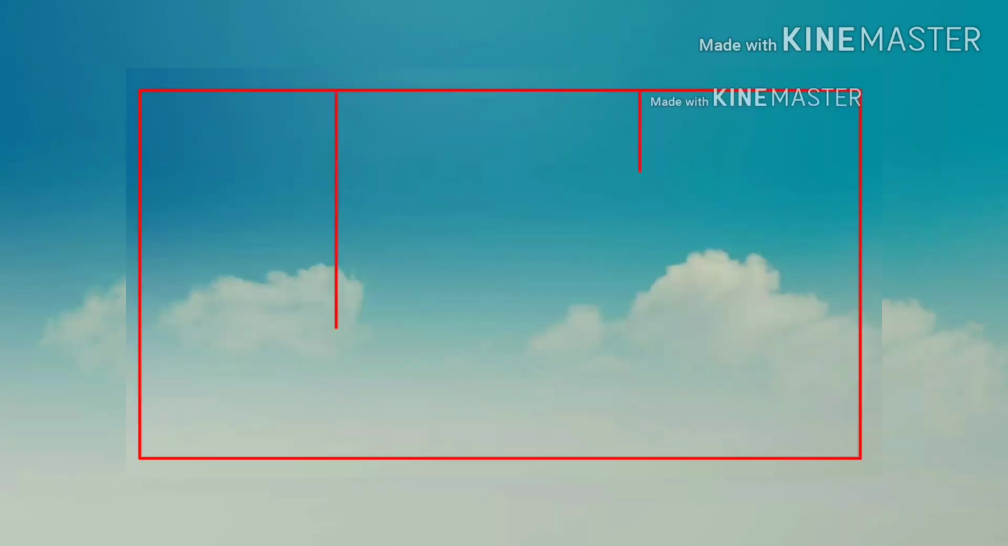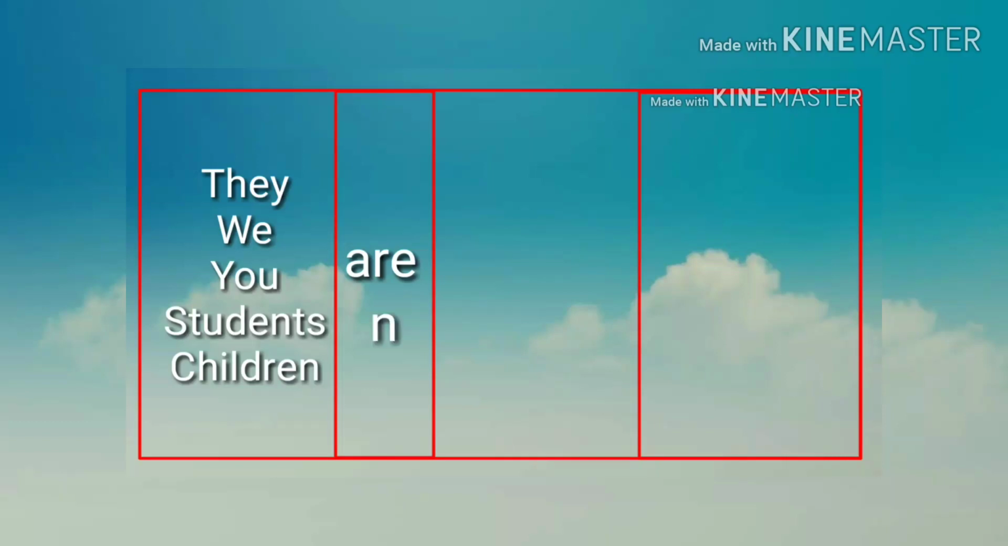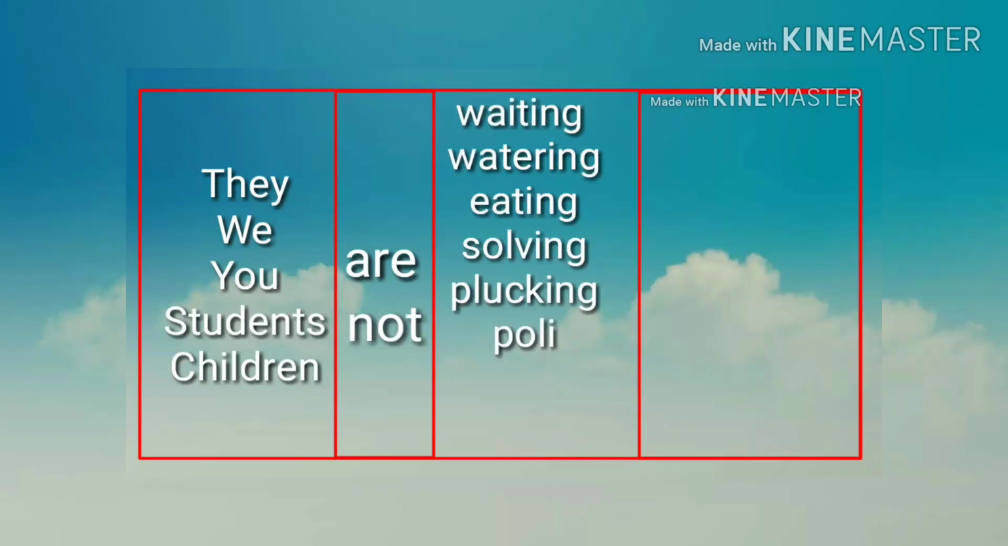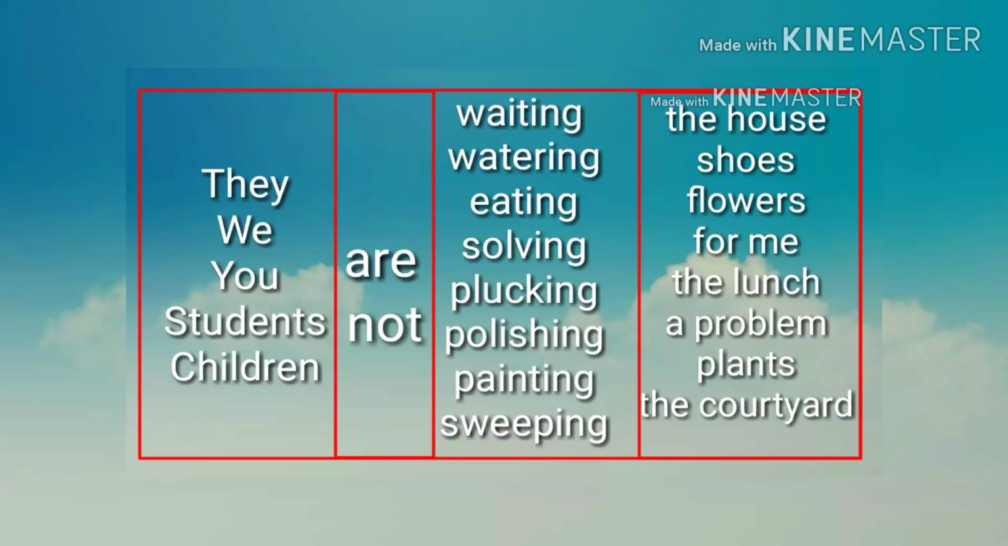Now you just look at this table. You have already made sentences using this table. Now what you have to do is just convert all those sentences into negative sentences using note. You just add a note after are and then it becomes negative sentence. For example, they are not waiting for me, they are not watering the plants, etc. Okay,